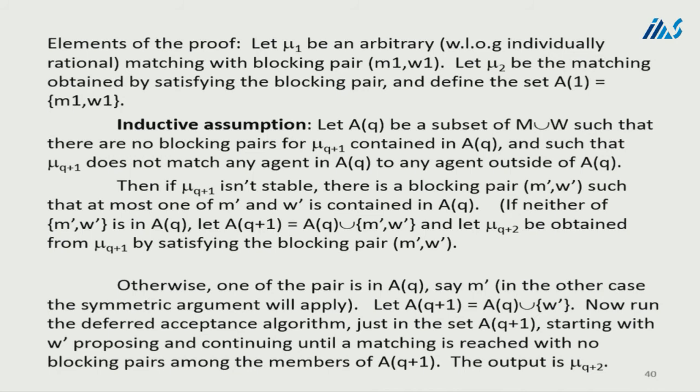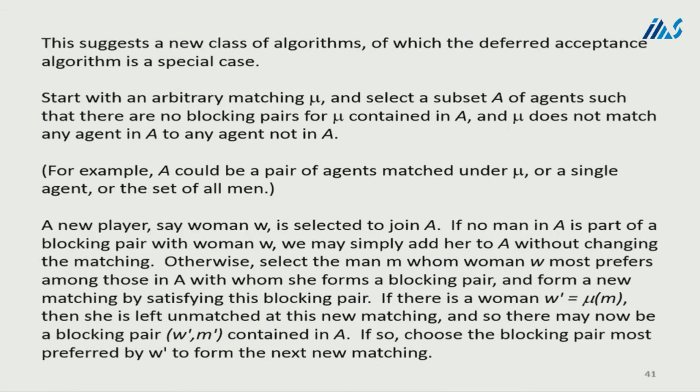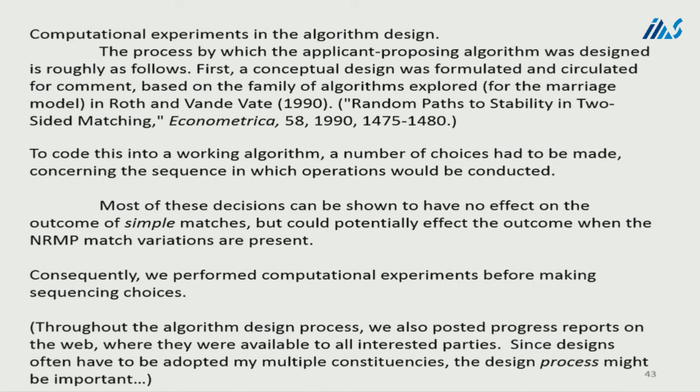Now that's not going to work in a problem with couples because there might not be a stable match. If you run this algorithm on a problem with no stable match, it'll cycle. But at least it gave us the hope that we could find something. Incidentally, the title of that paper was Random Paths to Stability. We sort of said, if you don't worry about the order, if you can just keep trying, the fact that there exists a path to a stable matching will eventually get you there. Now, I'm going to skip some of the computational experiments that we worked on, but I'm going to tell you about